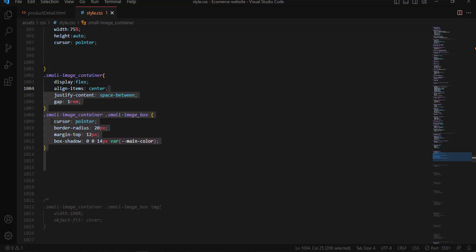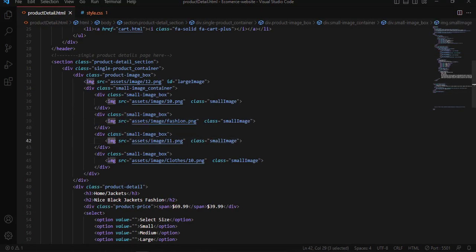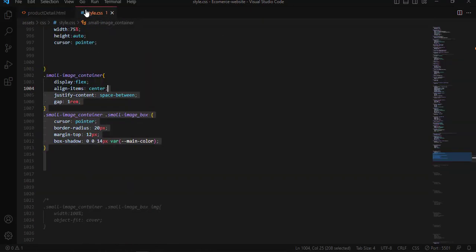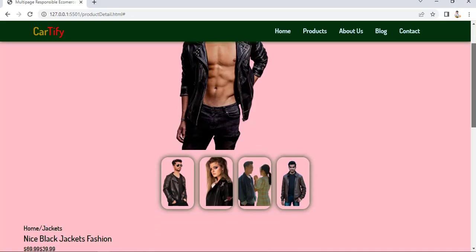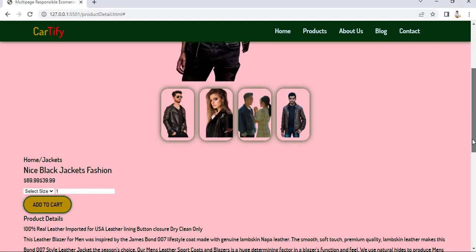After that, now let me target this img. Let me target the small image right here. For this, width 100%, object fit cover. After that, save and refresh. Here we have. Now,